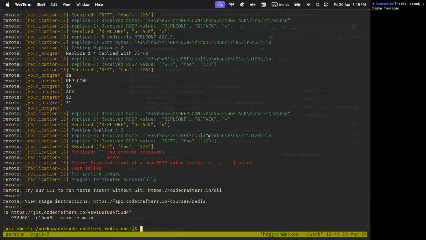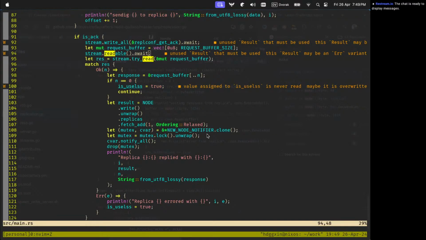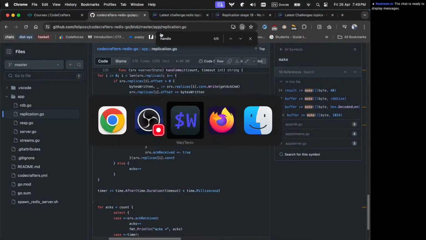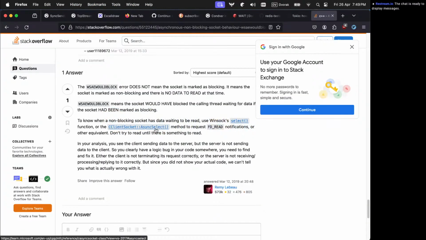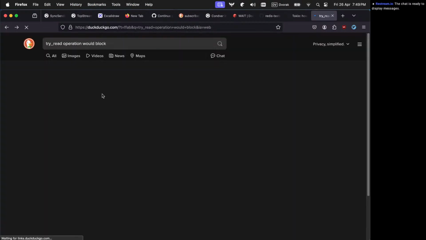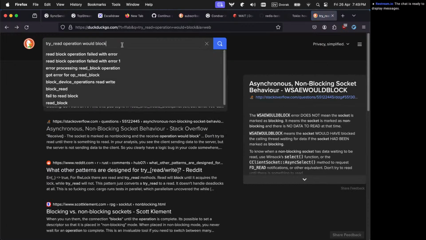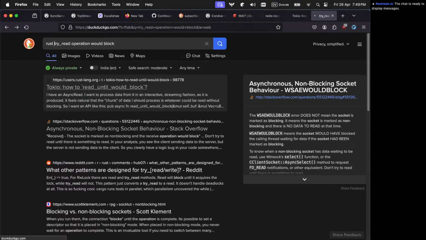And if I wait for something to become readable, then that's sad, this won't work. But let's actually look at the whole documentation, and this is inside Rust.